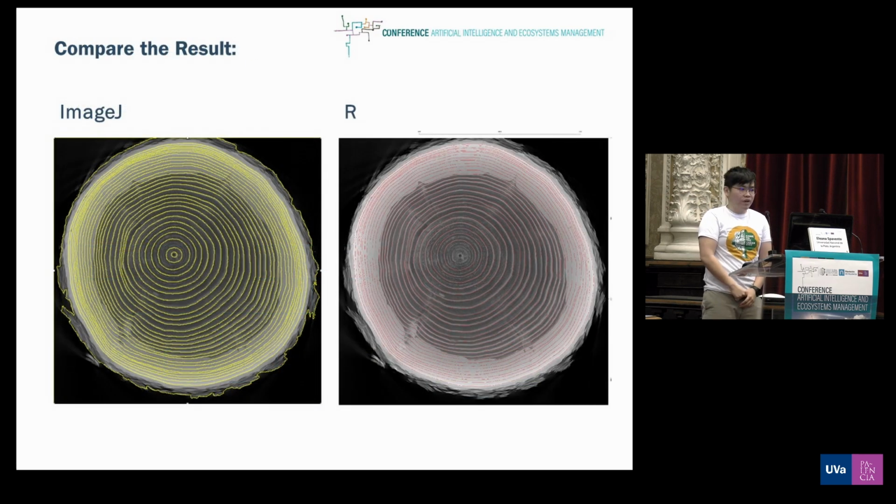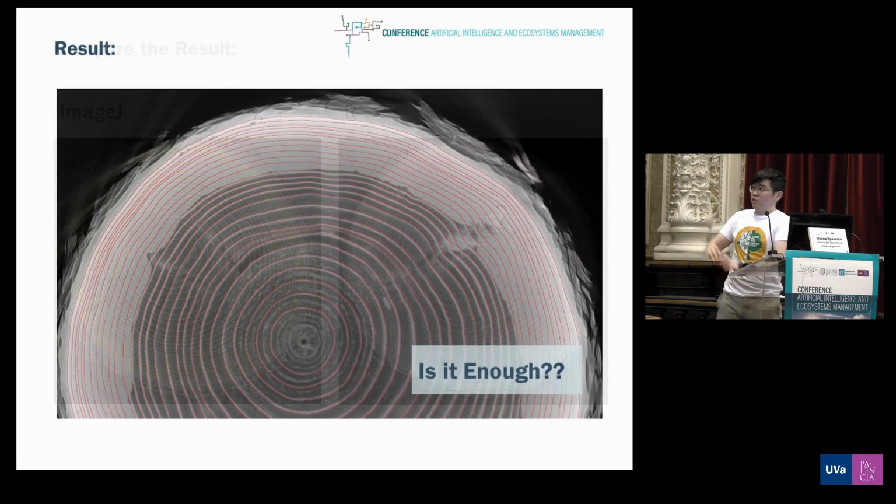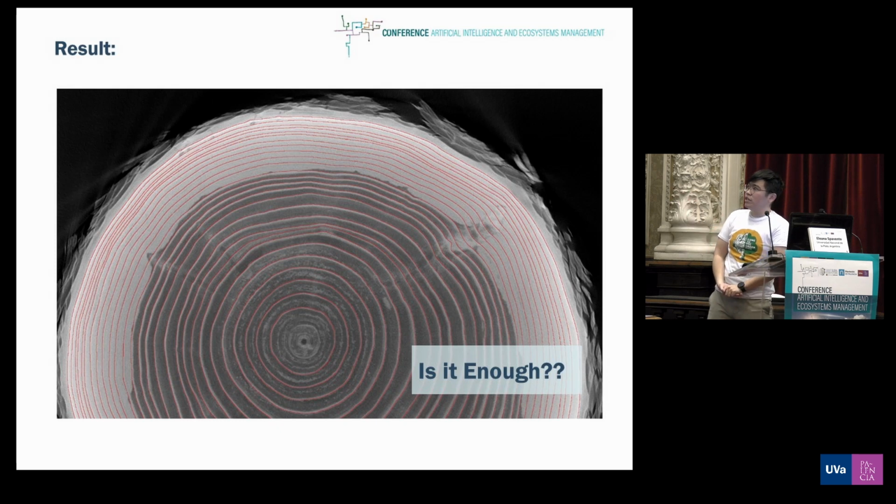In order to validate, the left-hand side is manually, carefully marked in ImageJ, and the right-hand side is what the algorithm is doing. To have a closer look, this is how the rings are detected in the sapwood area. Just quickly, is it enough? That's why I want to show you a zoomed image of